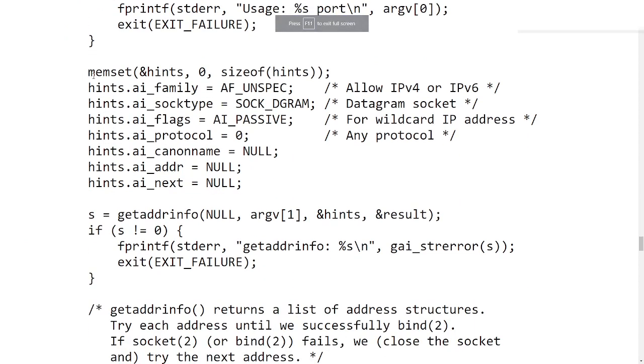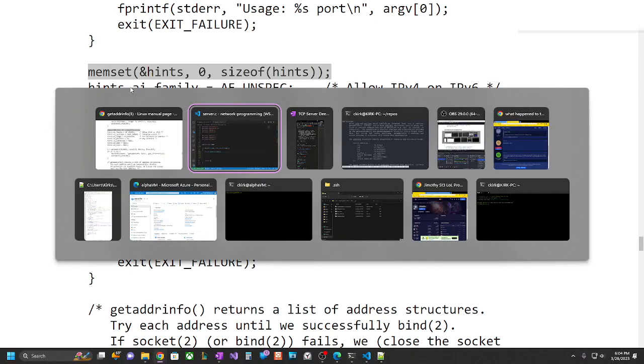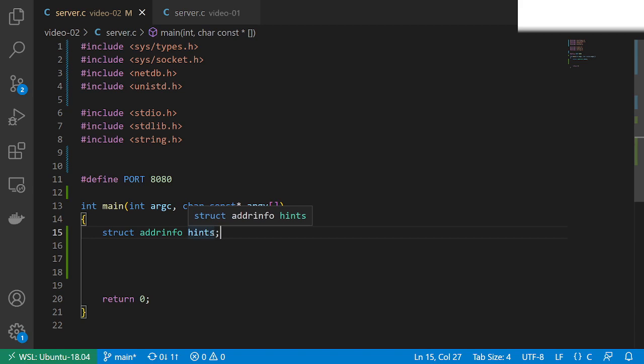Okay, so we have hints. We're doing a memset. Memset is basically a way of taking a pointer. So you're taking hints by reference, and then we're zeroing it out for the number of bytes specified here. We're getting that value from the sizeof function. So we're taking the size of hints, and that's the number of bytes we're going to zero out, and we're using the pointer to hints to do that. This is a way of making sure everything is zeroed out before we start